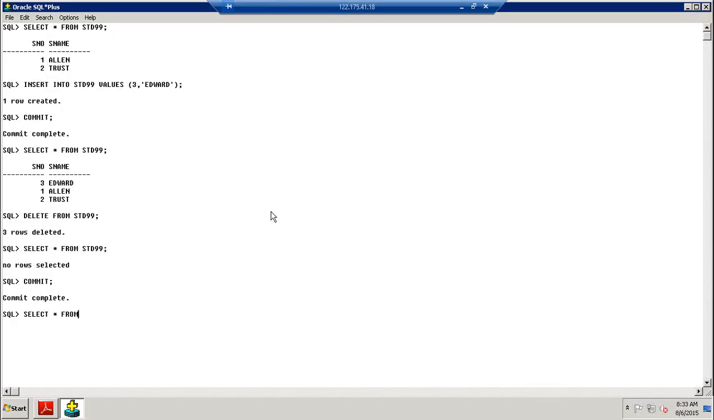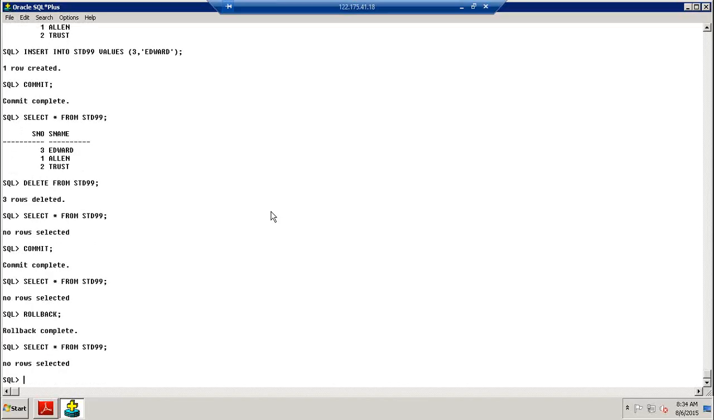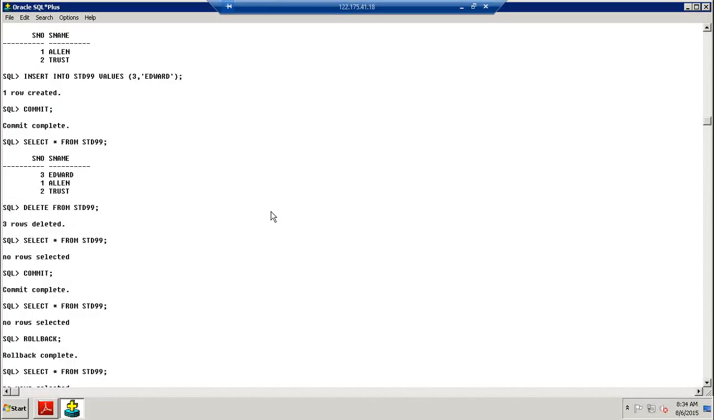Let us check it. We don't have any data. Now I want to apply the rollback. Okay. If you use the rollback in this scenario, what happens? Is the data returned back or not? The data does not return back. Why? Because